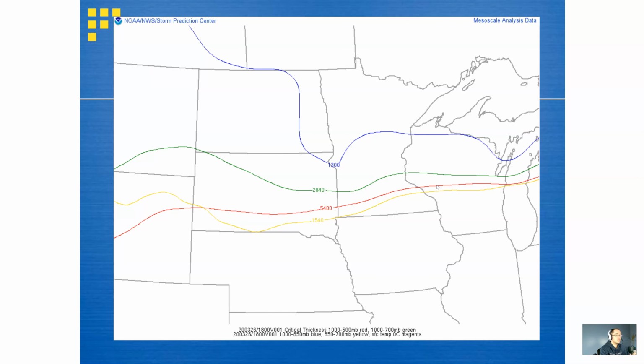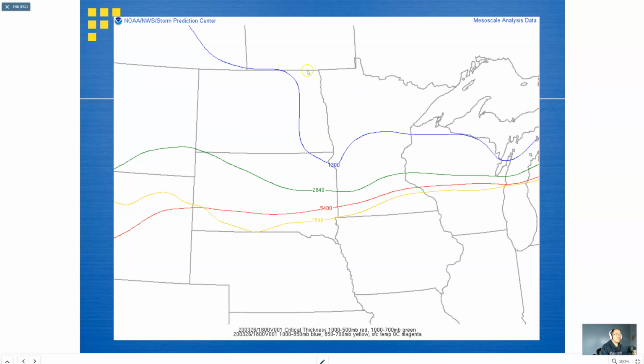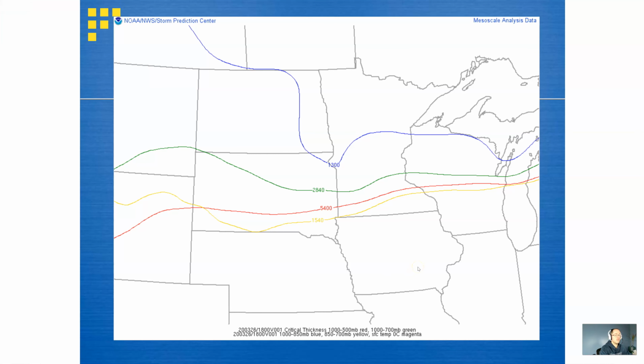And so one of the things that's very important here is that the deeper the layer of the atmosphere that we're looking at when we calculate thickness, the more we have to try to interpret where different temperature layers might be. And so let's focus for a moment on the 1300 thickness line there. This is again looking at values that are going to be north of this, that are going to have lower thickness values than 1300, and down here across much of South Dakota, southern Minnesota, and the Great Plains, we're going to have 1000 to 850 millibar thicknesses that are greater than 1300.